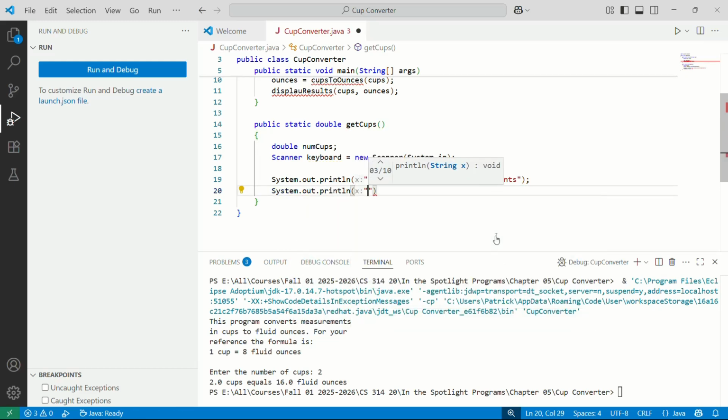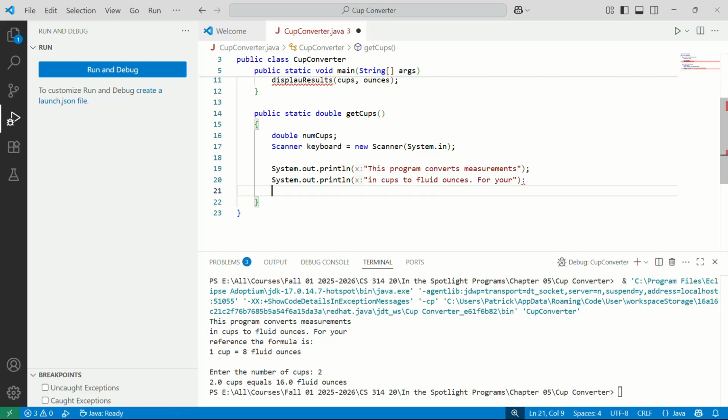The next one is in cups to fluid ounces. And then we'll start another sentence here for your,